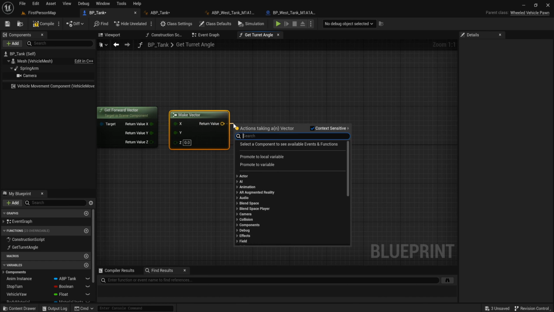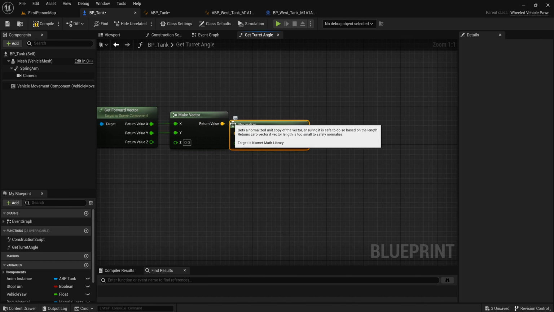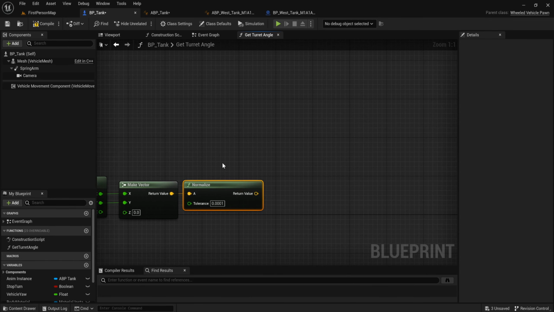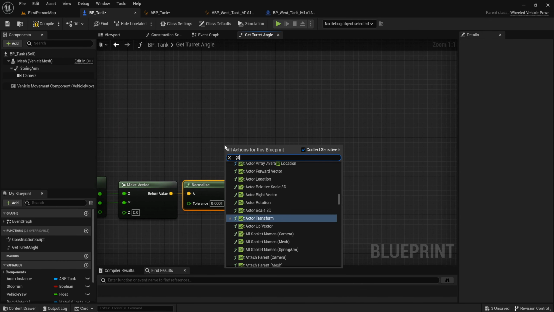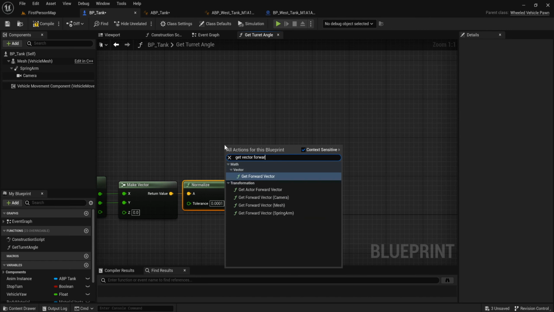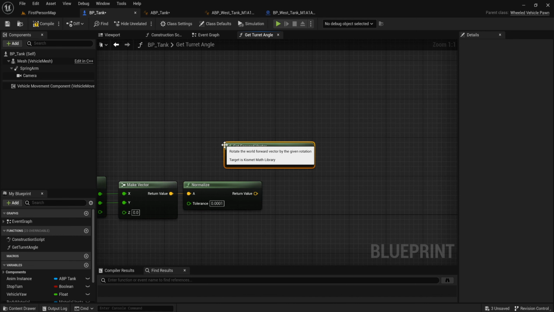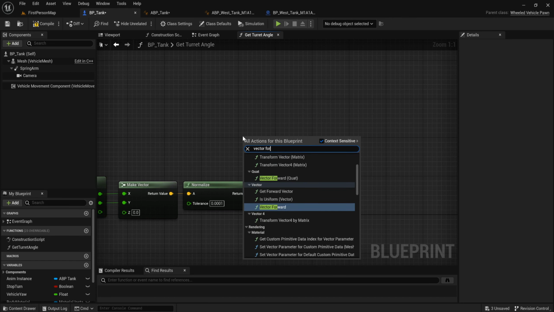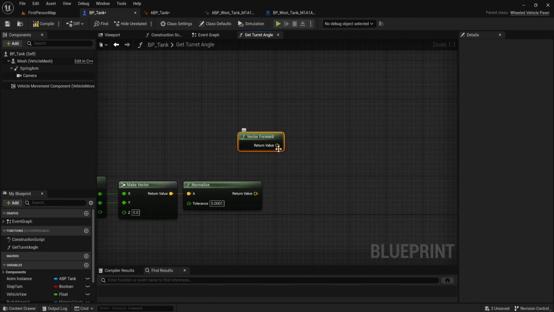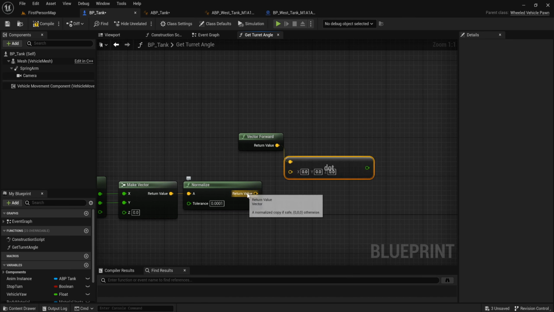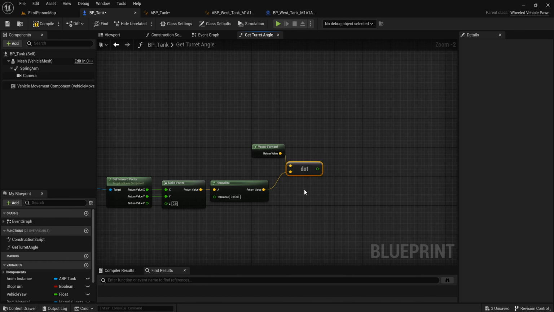Then we normalize it to become unit vector. And get vector forward, get forward vector, then call vector forward dot product it with this camera vector